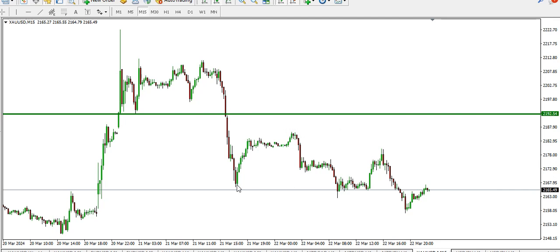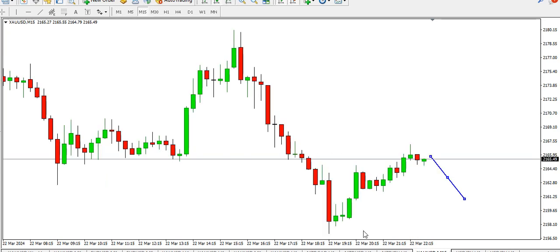You can see a lower high, lower low, lower high, lower low. We might see a lower high around here, and price might continue the trend, for the trend to now develop into a big bearish trend. But if price is unable to go below this particular low around here, price is unable to drop below this particular order block,